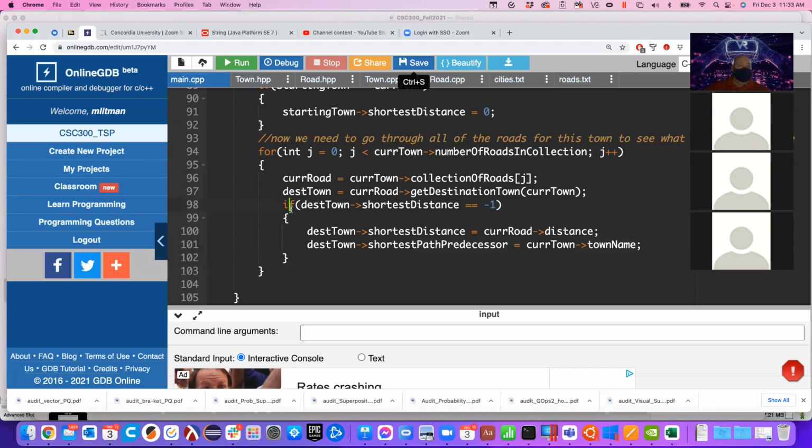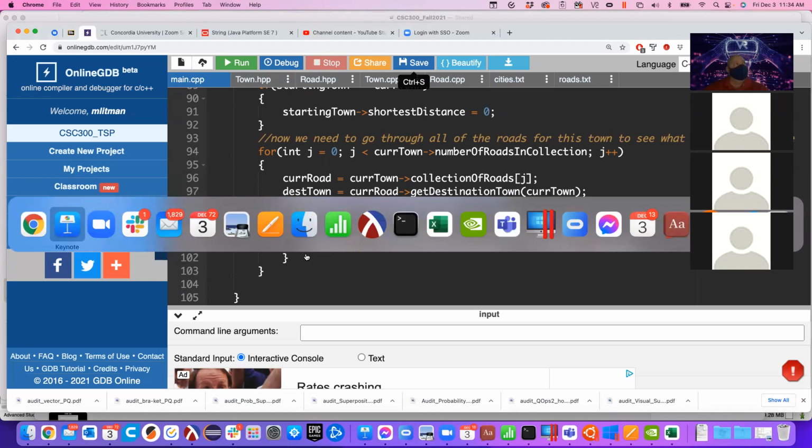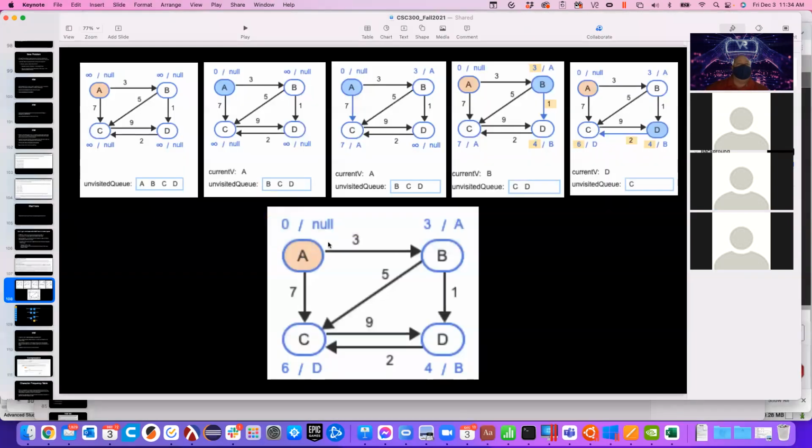Okay, but that's if the current shortest thing is a -1. The other way this would happen is if my current town's distance plus the road's distance is less than the shortest distance at the current destination